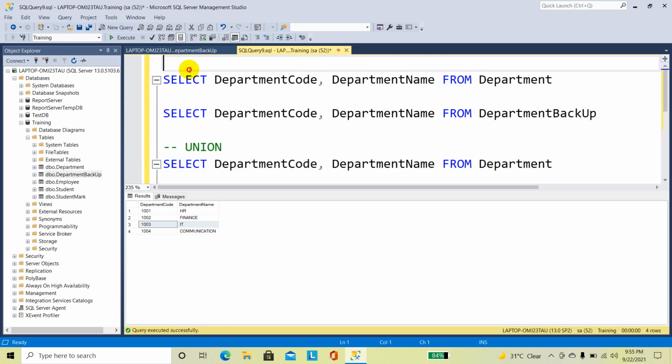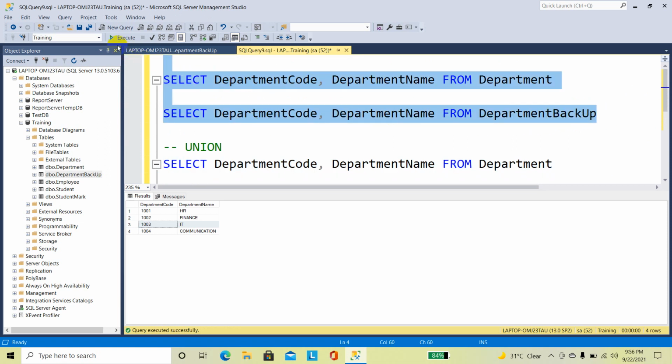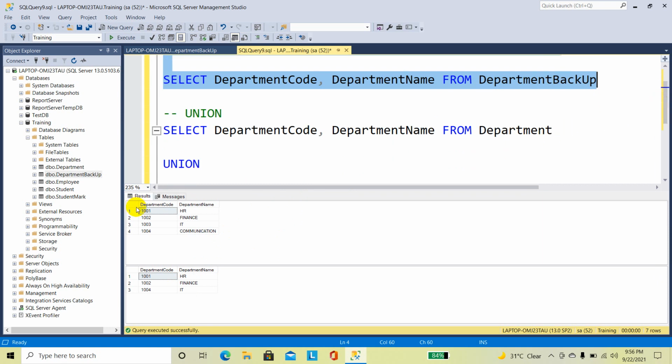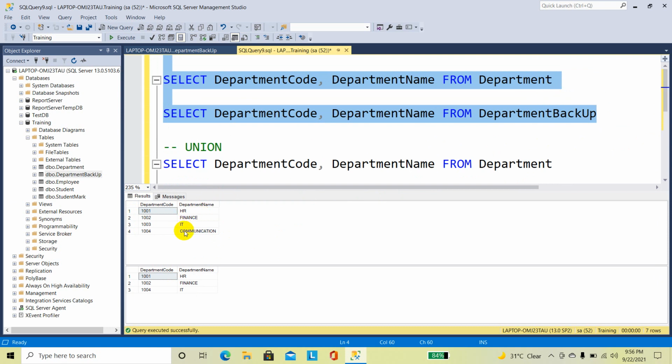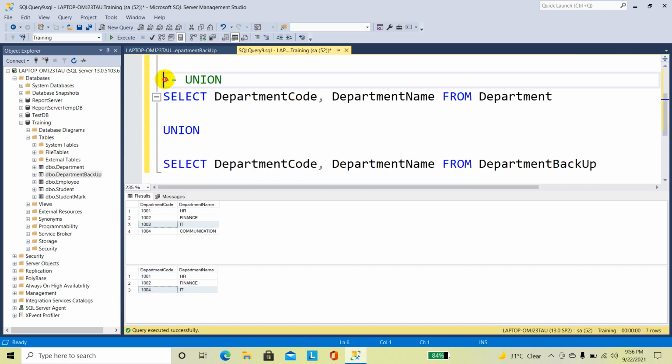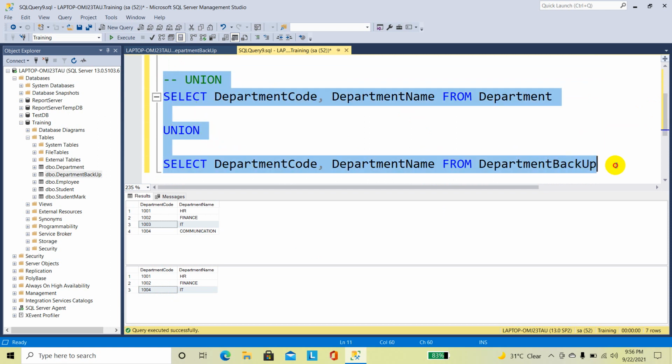Now I am going to execute the select statements. Now you can see the department backup table contains 3 records. In the department table, the department code 1003 and the department name is IT, and in the department backup table 1004 IT. Now I am going to apply union for these two tables and we will see how many records we will get.